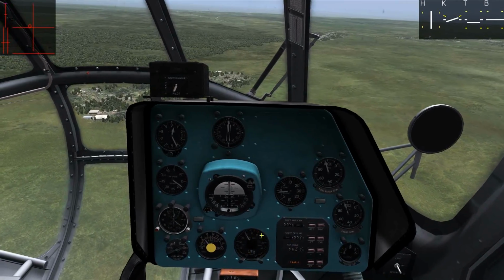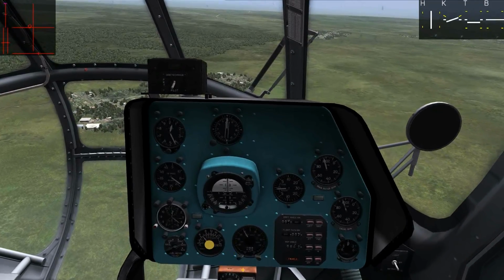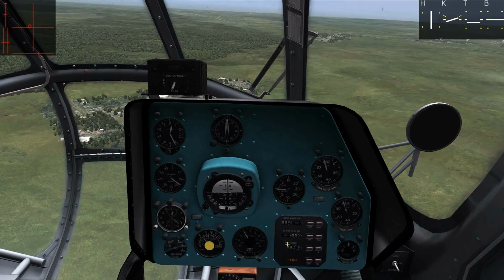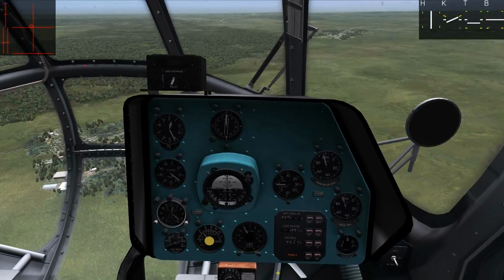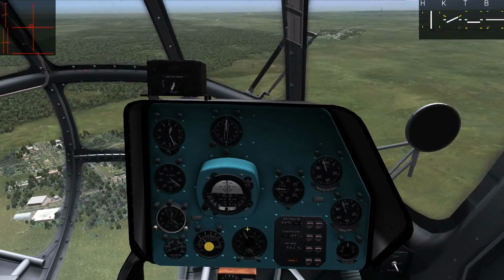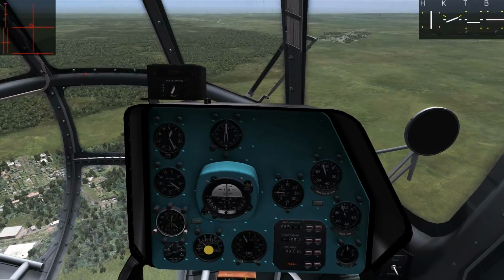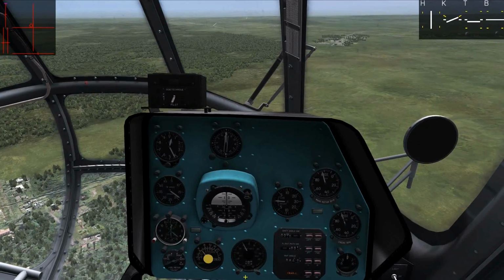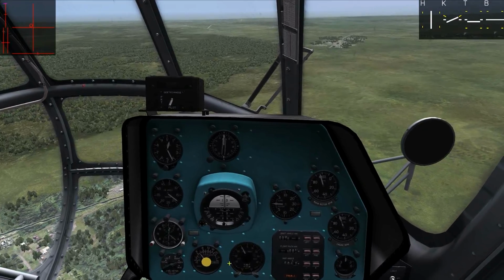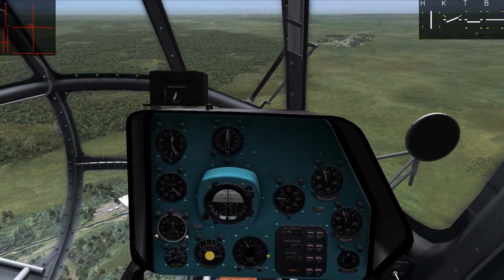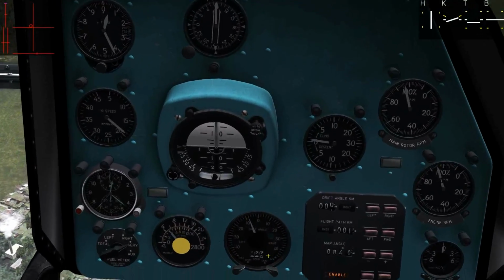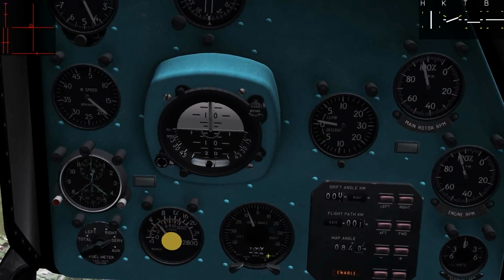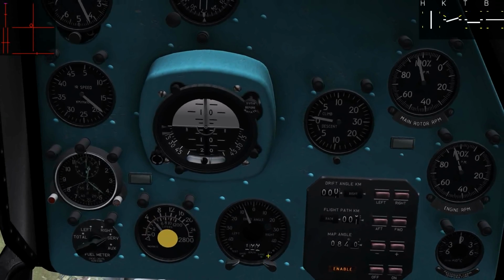It's very handy. Also use the drift angle here. The drift angle works all the time. You do not have to have Doppler navigation enabled for the drift angle to work. It will tell you if you're heading straight, if your nose is pointed the direction that you're going, or how many degrees off from the direction that you're going. It'll tell you that at all times. And it's even got a pretty accurate speedometer down there. I think that's what it is. Yep, yeah, it's a